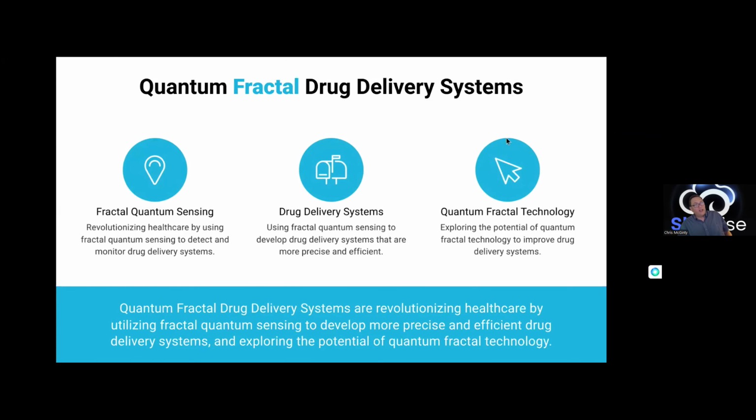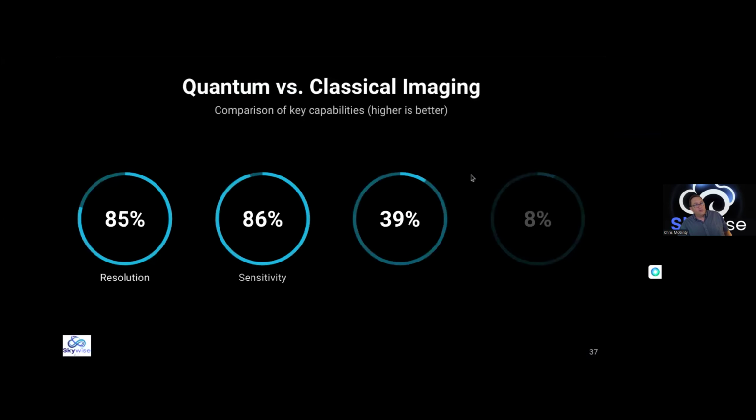So again, all of these are areas that I'd love to explore more, but I'm just trying to run through the many things that have happened in the one year since we first presented this to the guild here. These are some of the sensing, quantum imaging versus classical imaging. The resolution's much higher, sensitivity is very high. The speed is still about the same. That'll change, I think, as quantum computing has come up.